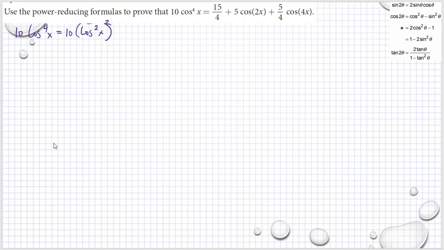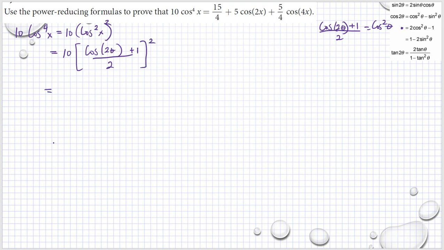So we use that. We have 10 multiplied by cosine 2 theta plus 1 divided by 2,